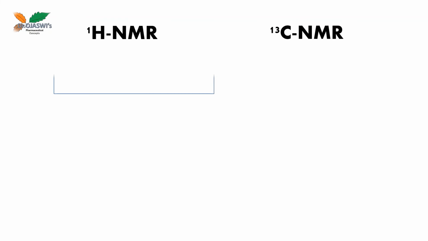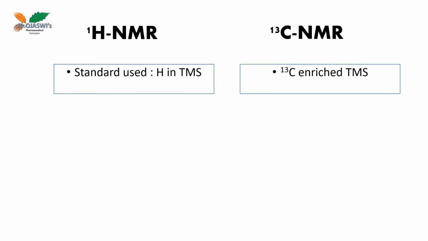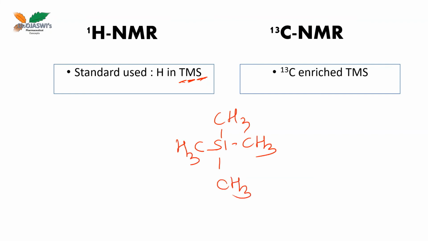Next comparison is with respect to the internal standard of choice which is used in NMR spectroscopy. So in both the techniques, TMS, that is tetramethylsilane. Tetra means four methyl groups. Okay, so tetramethylsilane is used as the solvent of choice. Okay, and in case of 1H NMR, it is